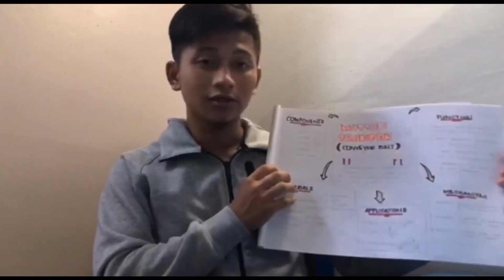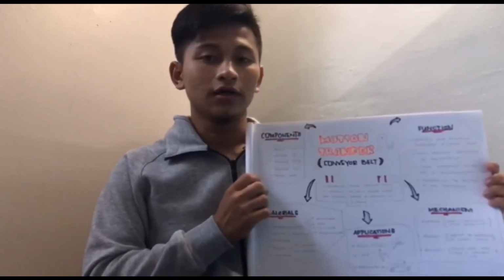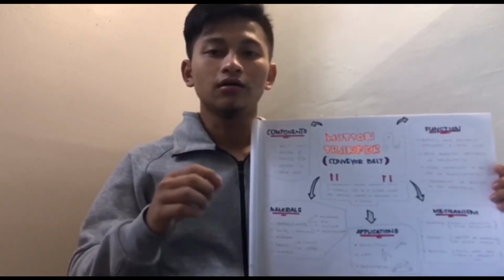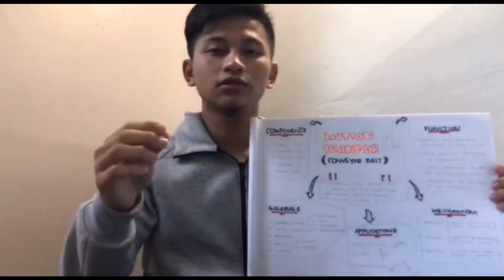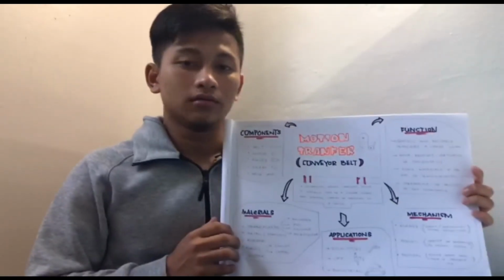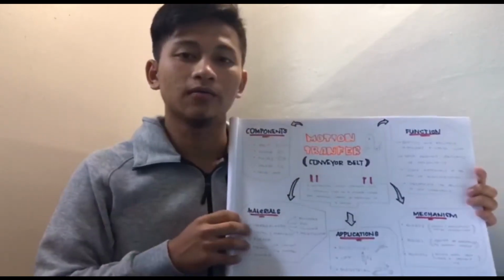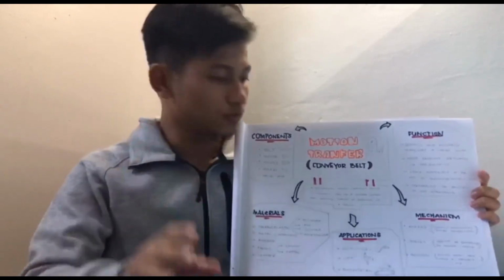We go to the next page. First of all, we must know what motion transfer means. In general, motion transfer is a system that can change the direction of motion from rotational motion to linear motion or vice versa. So, from the research that I made, I found a simple machine that shows motion transfer.